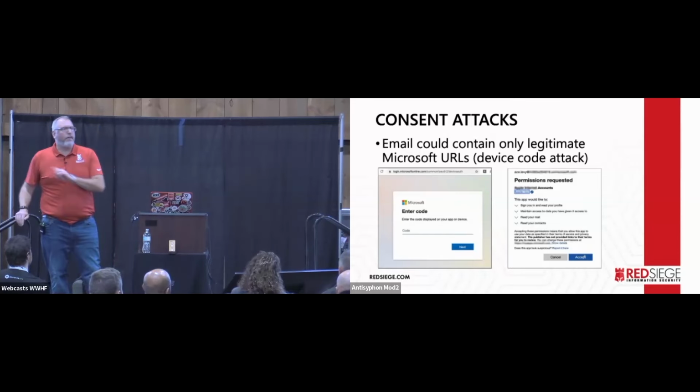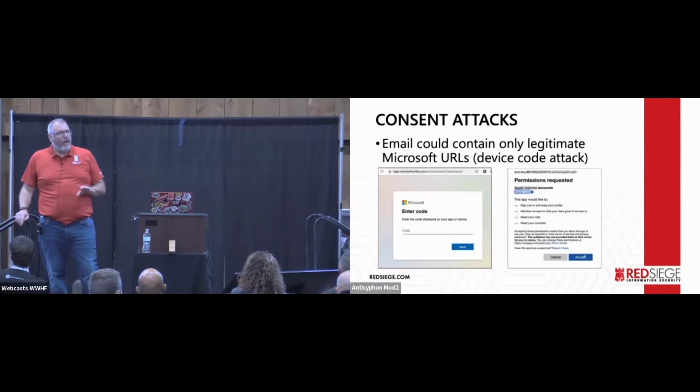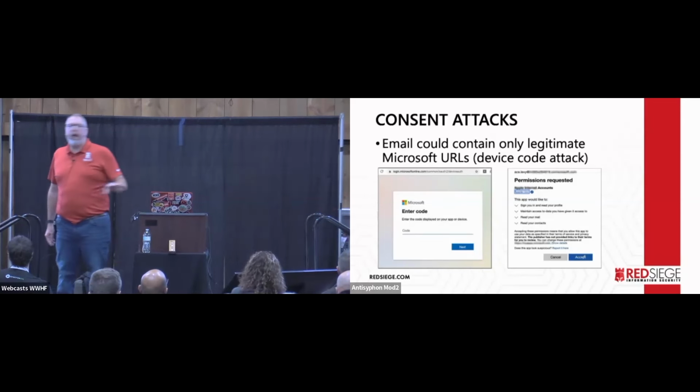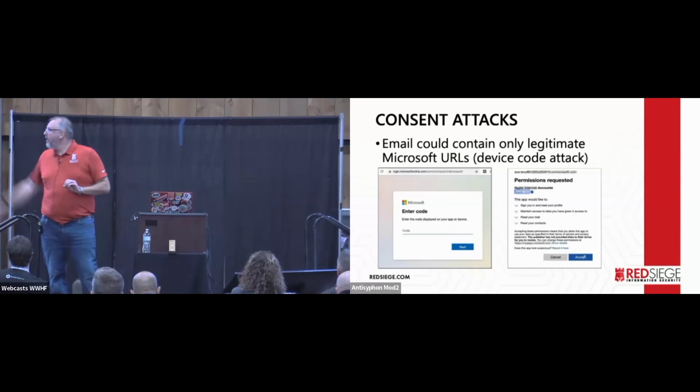The really cool thing with these consent attacks is it's a pain in the ass to get rid of. You can change the user's password all day long. You can update their MFA all day long. It is permanent. And there's no great way to audit when somebody...